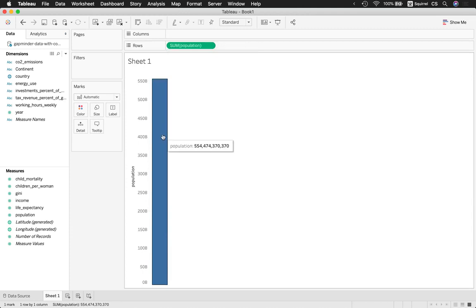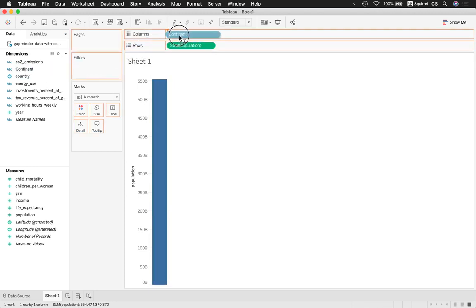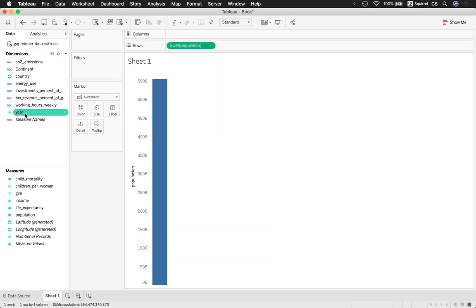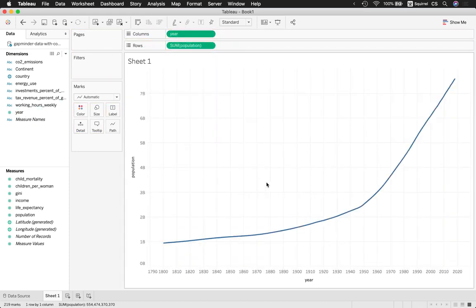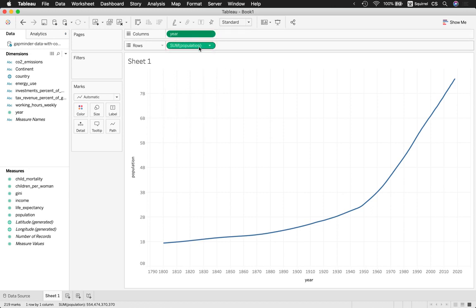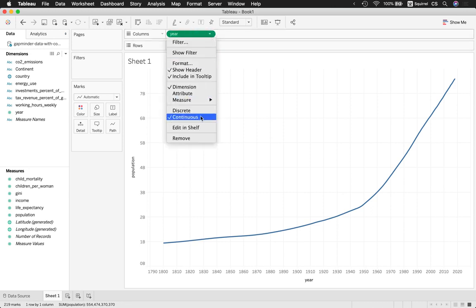Another interesting thing that I want you to notice is that measures are usually aggregated up to the granularity set by dimensions. For example, if we put the continent dimension into our view in the column shelf, we'll notice that the granularity will also be changed. The same thing will also apply to the year dimension. But the difference is that for the year dimension, it's a line chart, but for the continent dimension, it's a bar chart. The magic behind this is, if you notice the color of the pills here, you will see